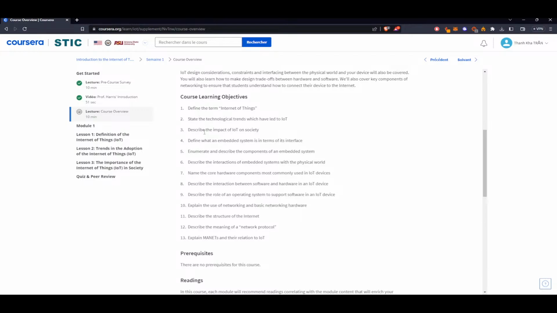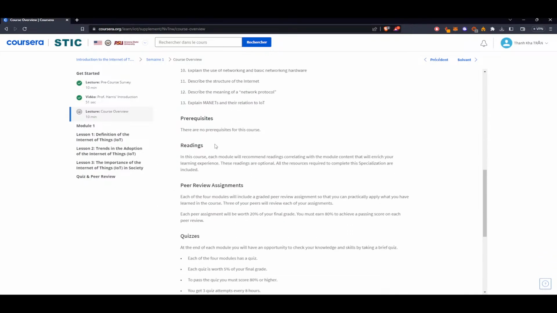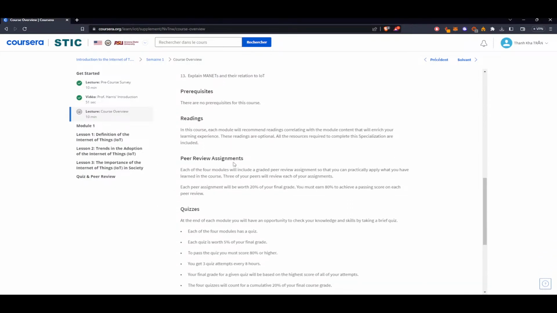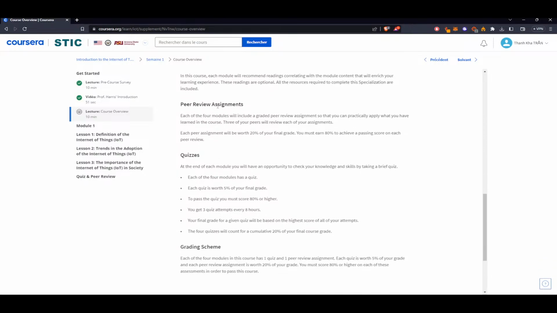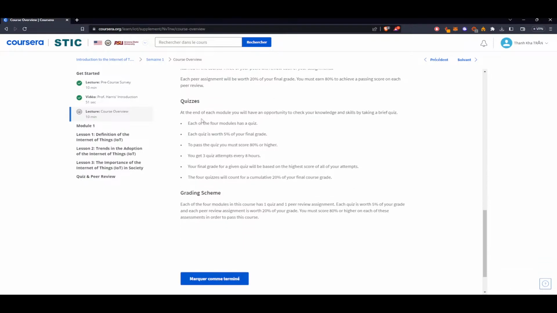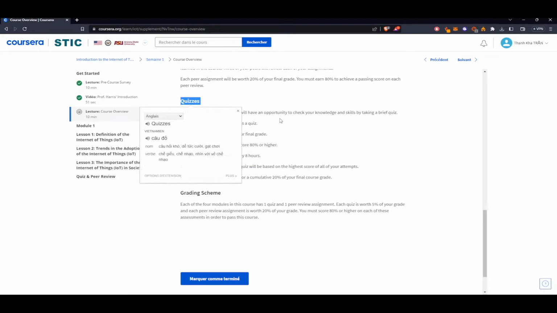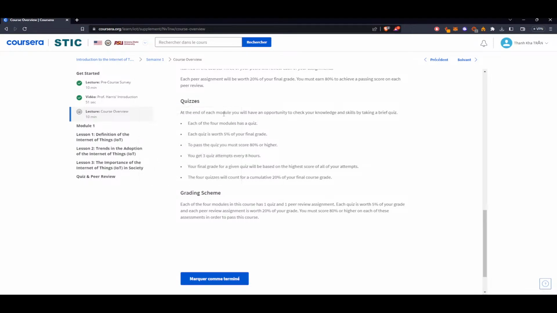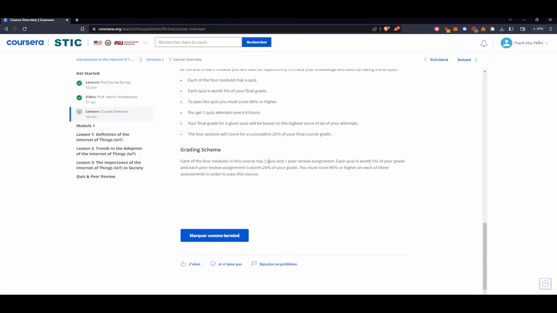Objective: define, enumerate. Grading per peer reviewer assistant. Each module will include quizzes.